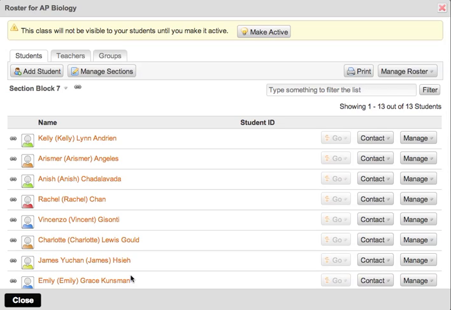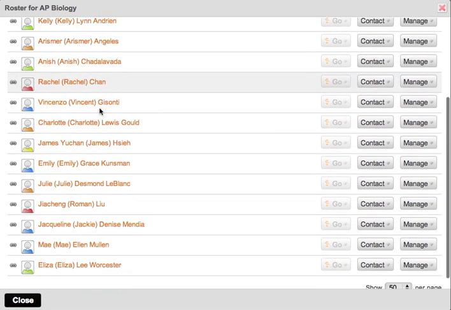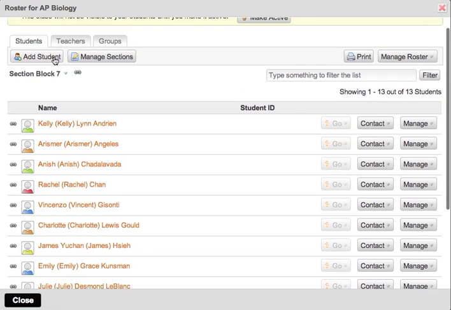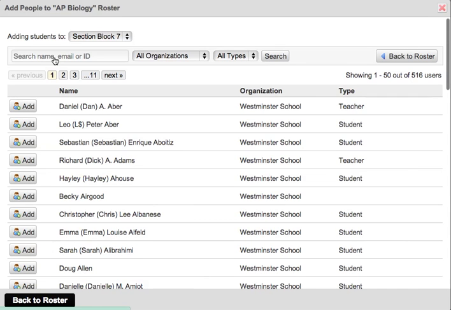However, they'll have all the privileges of other students in this class, and we'll be able to see it on their Haiku page when I make it active. And here's my button to make that active. Now I could add a student one by one. For instance, say that the import process from Blackbaud doesn't happen that regularly. So a new student joins my class, or a teacher wants to audit my class, I can hit Add Student and select any teacher or